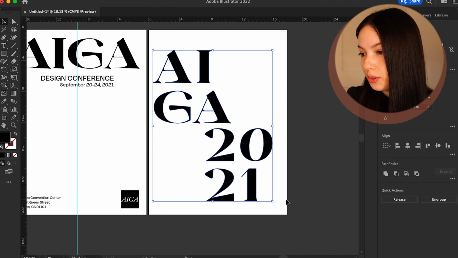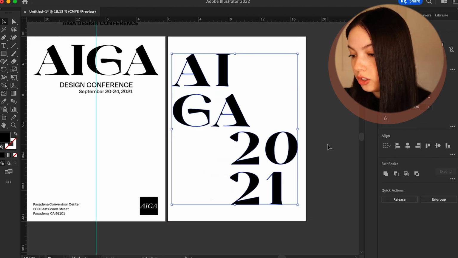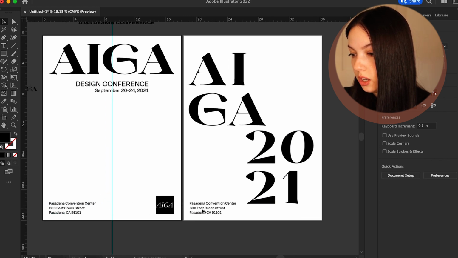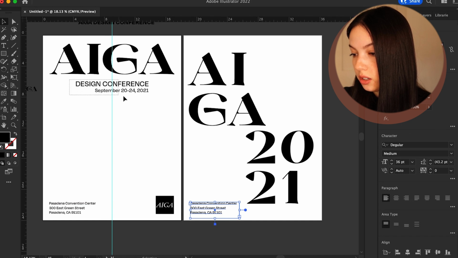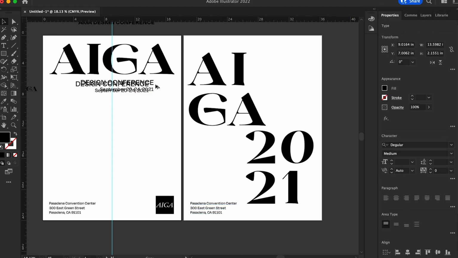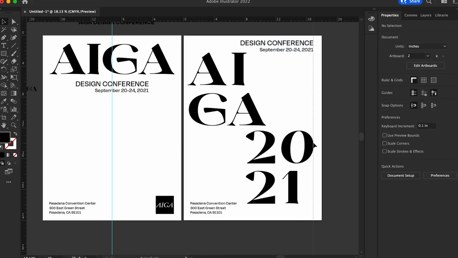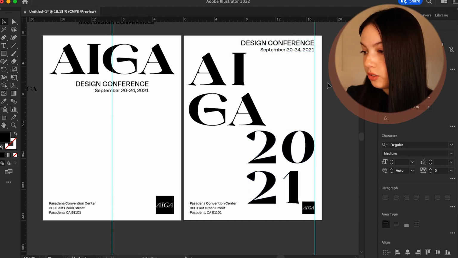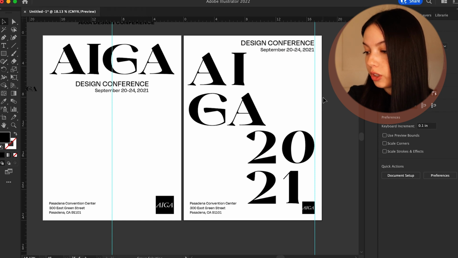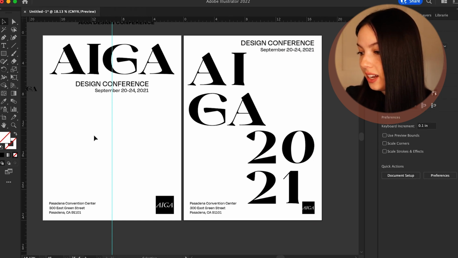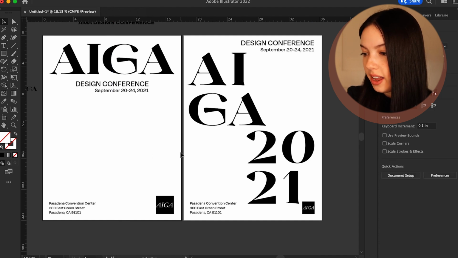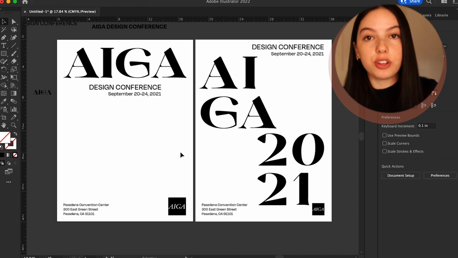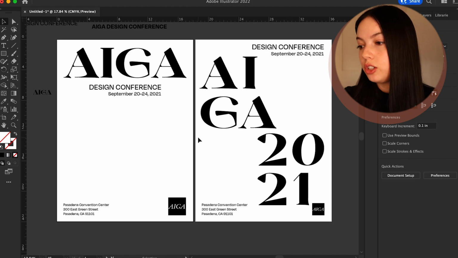That actually looks really cool, so I'm definitely down for this. So then we're gonna take over this same information onto this one, but then just put it in a different place. Okay, so now that we've made sure everything's lining up, looking good, we are basically done with the layout part. These are looking really cool, really different than what the conference has already been doing, which is fun for me, in my opinion, to do something a little bit different.